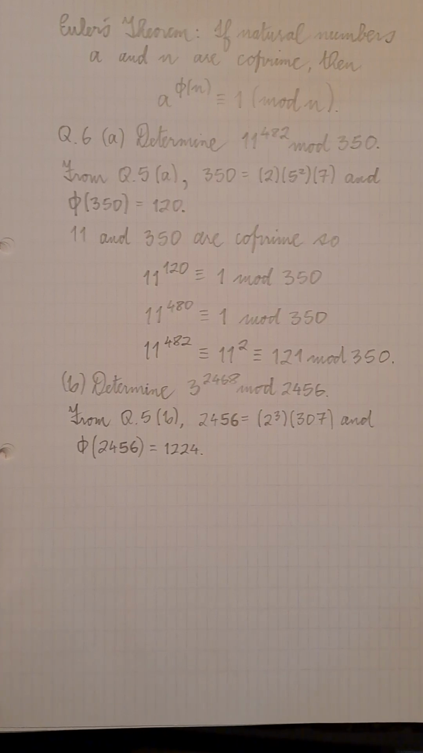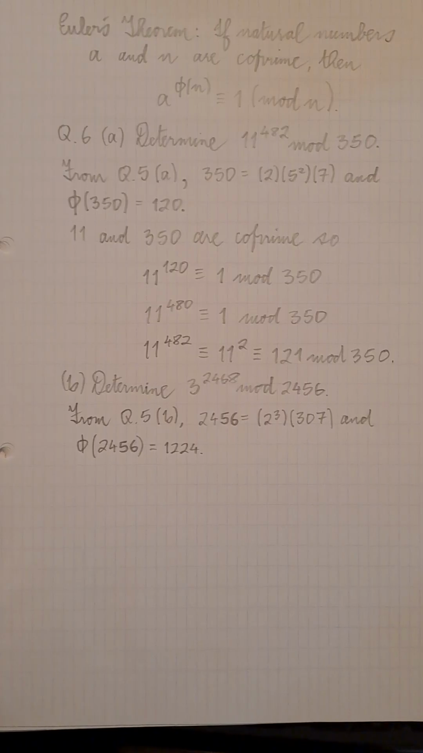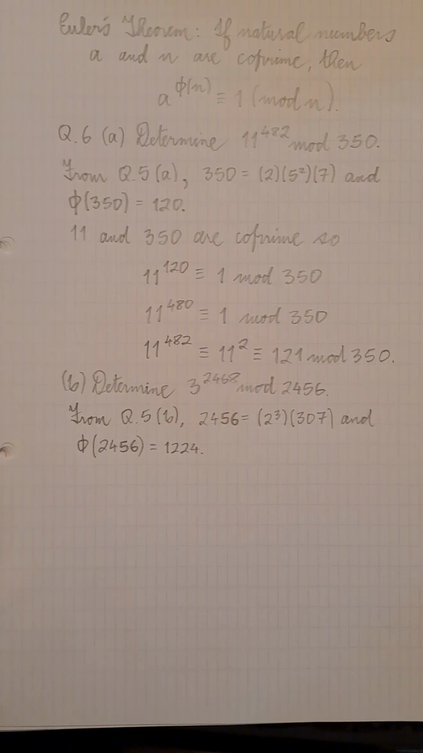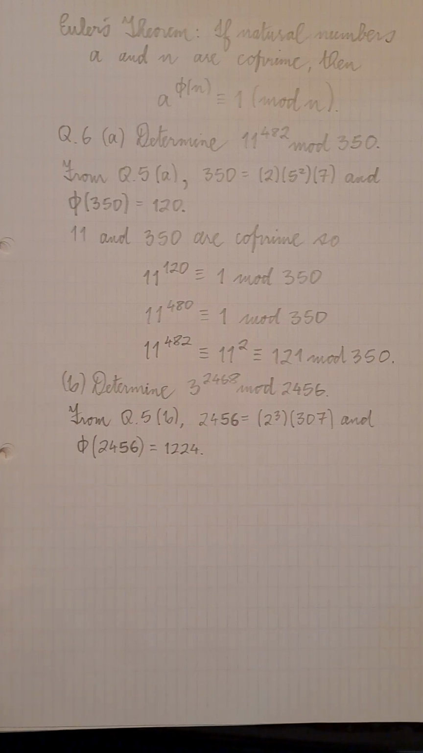Question 6b. This question again requires us to use Euler's theorem and results from question 5, this time to determine 3 to the power of 2468 mod 2456. We saw in question 5b that 2456 is equal to 2 to the power of 3 multiplied by 307 as its prime factorization, and Euler's phi function applied to 2456 gives